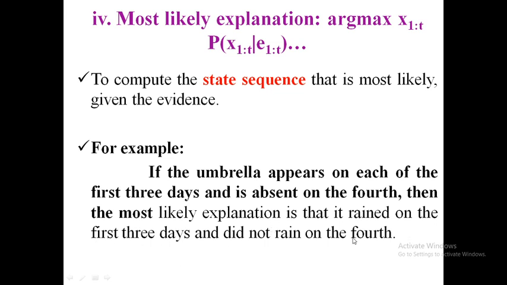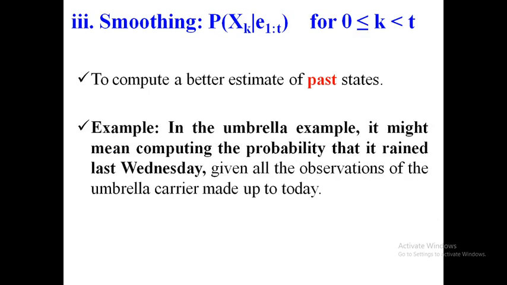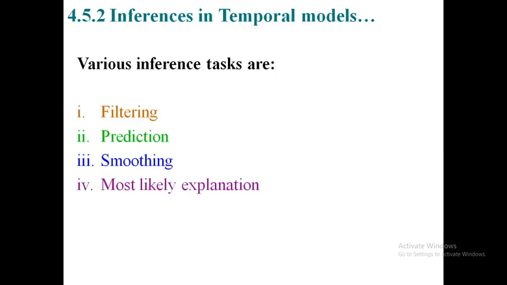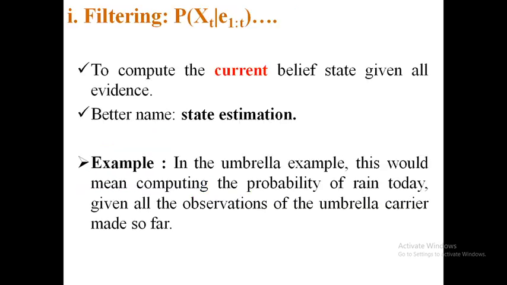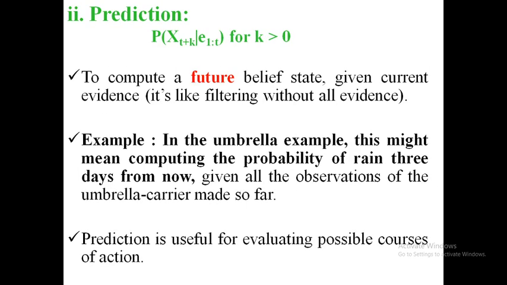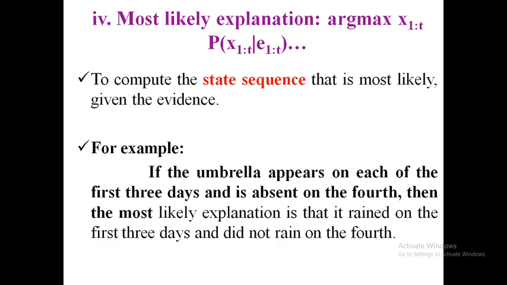Of course, for the present scenario, what is happening, we will give the information most likely. We can't predict about the future, and we can't judge about the past because we don't know the clarity. Right? So this is called the most likely explanation. Hope you remember all this. So the inferences are 4 types: filtering, prediction, smoothing, and most likely. Filtering is for the current belief, prediction for the future, smoothing for the past, and finally most likely is where gaps will be there. So this is the end of temporal models.